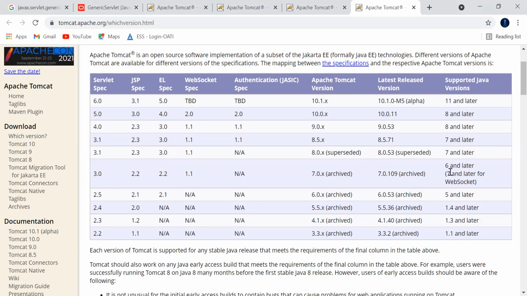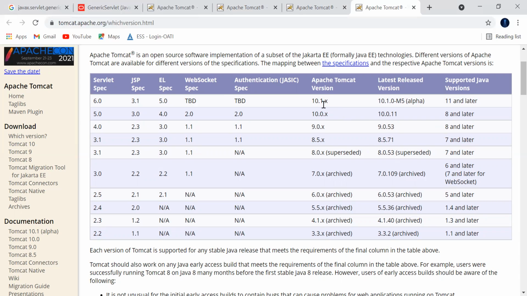If your Java version is 6, you can run only on Tomcat 7. Java 6 cannot run on the lower versions. That's very important to understand. And the latest Tomcat version running is the 10th version.